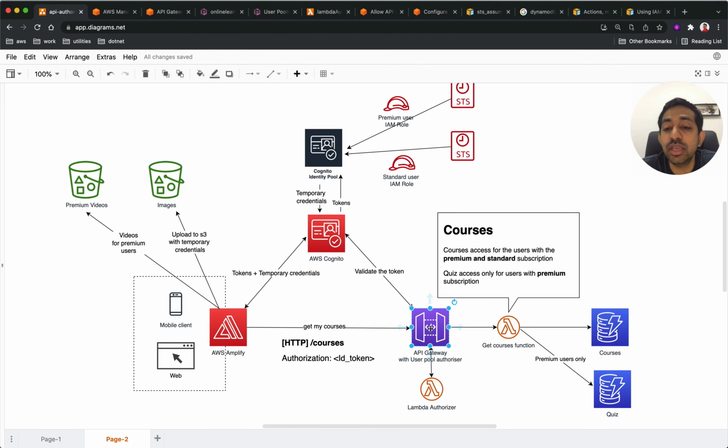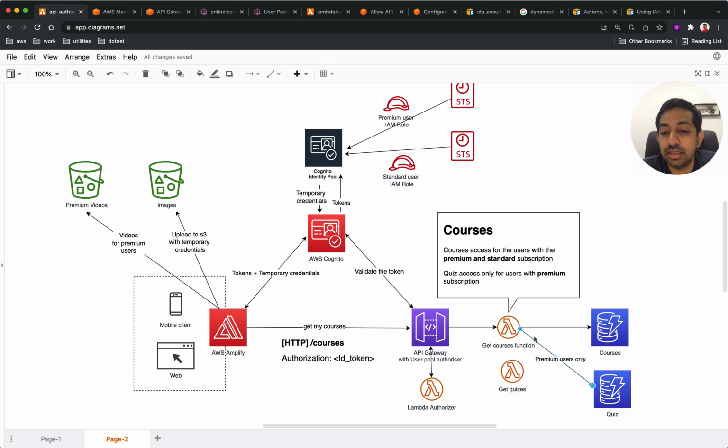So in the API gateway, with the permission policy, we can say, okay, allow only the get courses. Let's say there will be a path that invokes this Lambda function. We can allow that path for both premium and standard users. And the quiz table would be a different Lambda function altogether. So let's say this function is get quizzes,